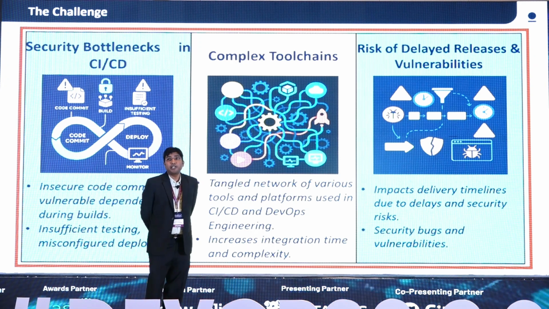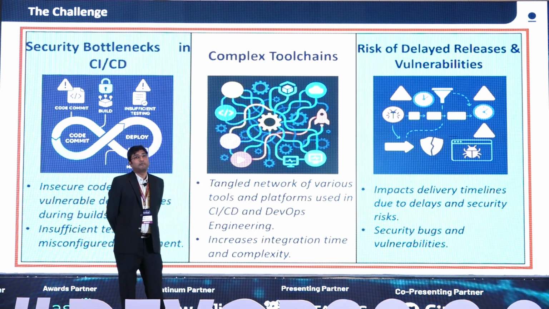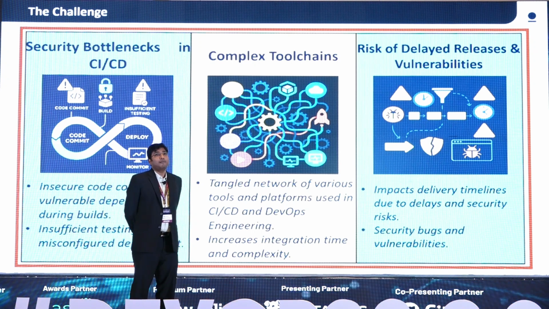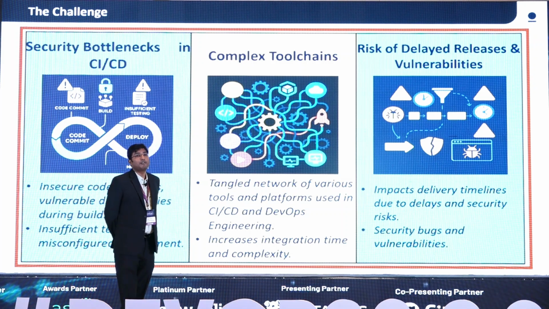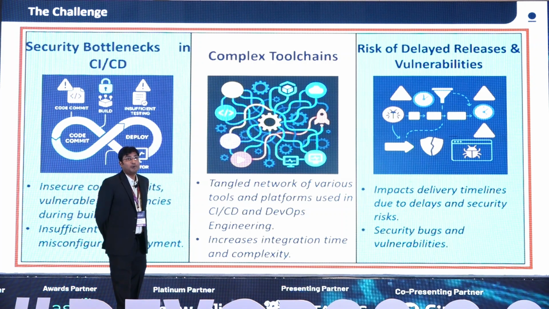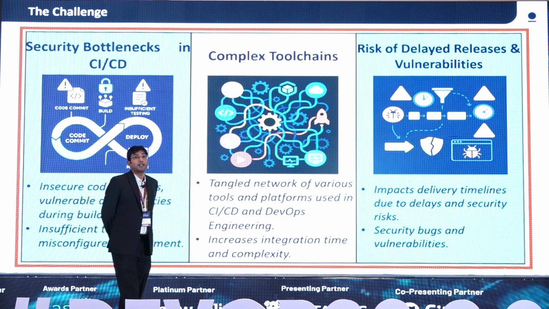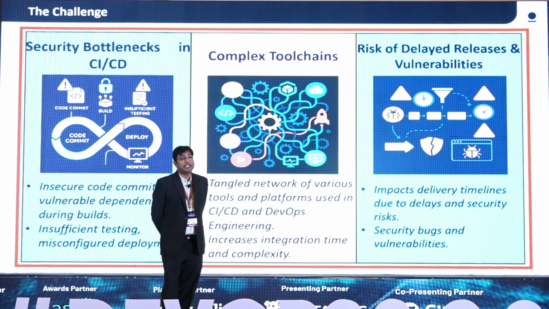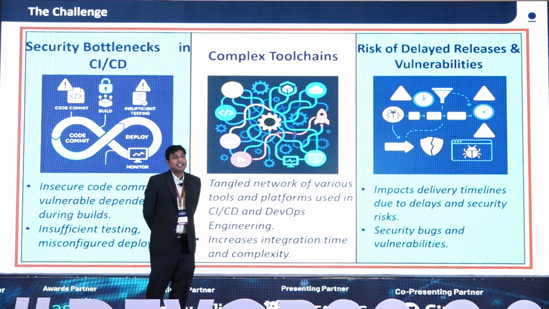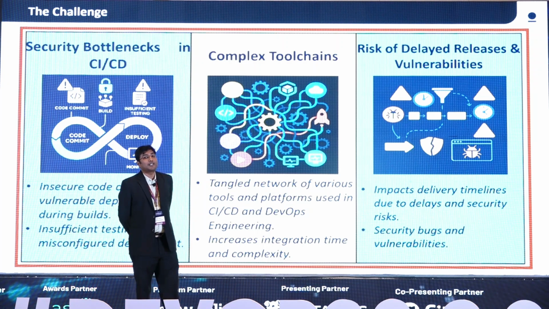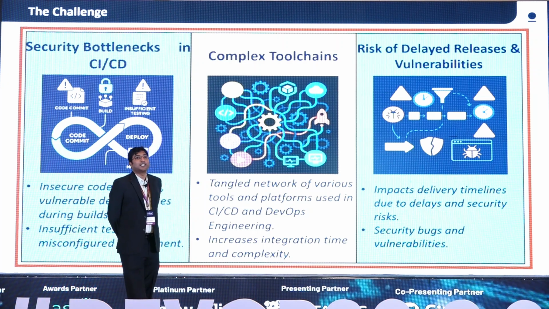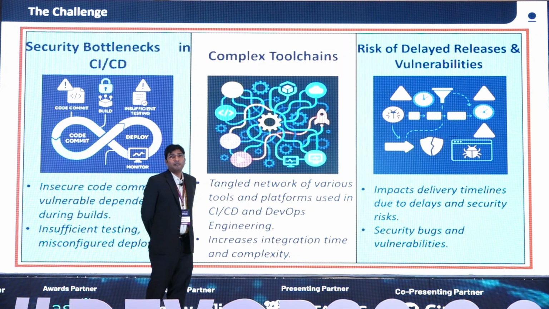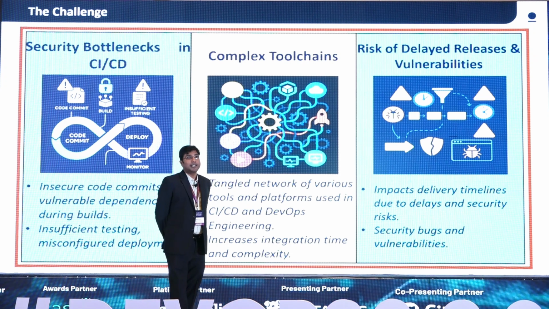Complex tool chains. Across the organization, let's say if an organization uses Azure DevOps, GitHub Actions, why should we use redundant tools? Why can't we simplify our tool chain, and explore before simplifying those tools? Then because of those complexities or security as a bottleneck, we tend to delay the releases or go ahead with vulnerabilities, either the low or medium ones, right? I think these are a few challenges which we always come across in our day-to-day professional lives.